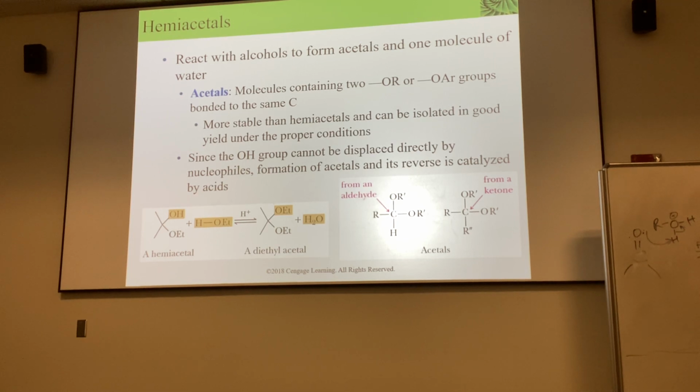Usually you're just going to use the alcohol that you're adding as your solvent, so that there's a ton of it that'll help push that equilibrium. But basically, hemiacetal is sort of like step one to the creation of an acetal. Okay. Now, we can take a